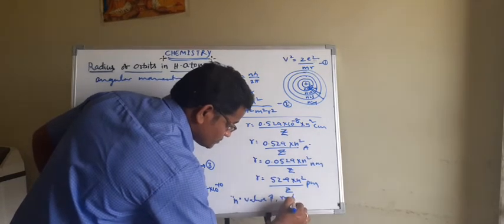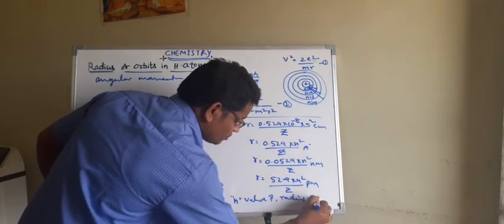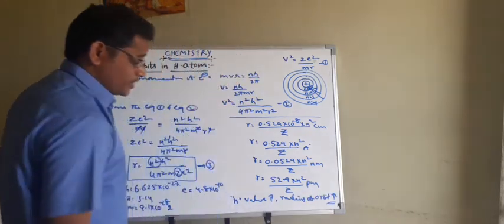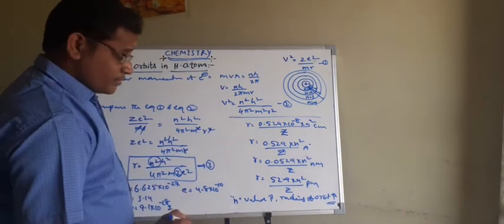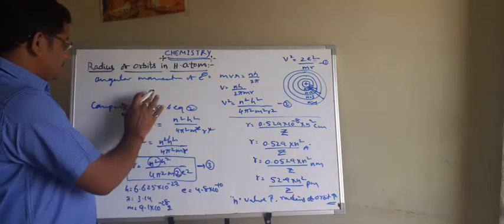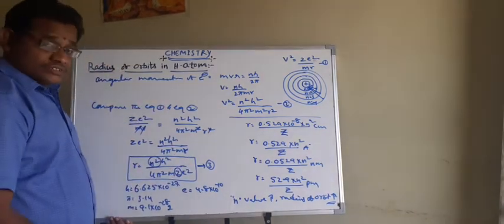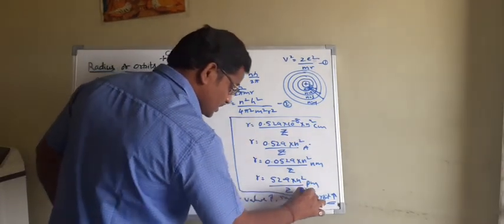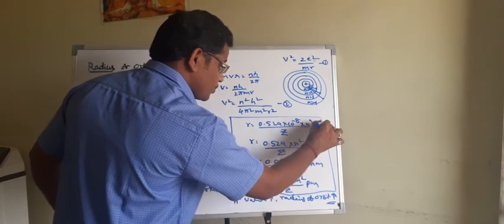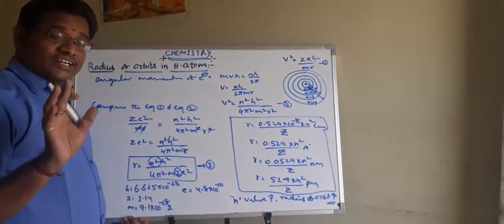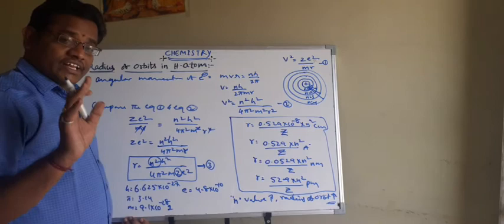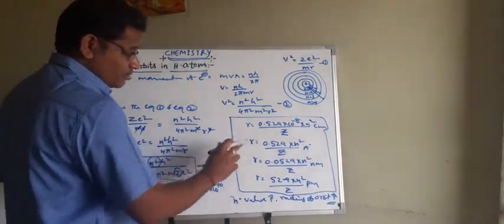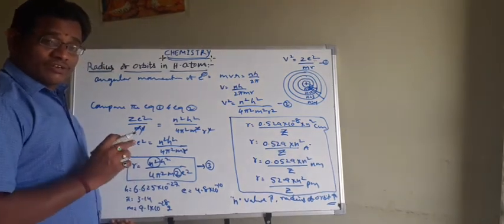The radius of the orbit increases. So that is also one of the important points. As the n value increases, the radius of the orbit increases. So this is the radius of orbit calculation. These formulas are applicable to hydrogen-like single electron species. Remember that point. For hydrogen-like single electron species, the radius of the orbit is calculated by using these formulas. You have to remember these formulas. Then next, I will explain the problems.